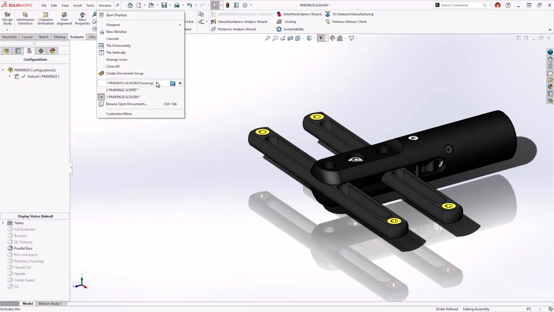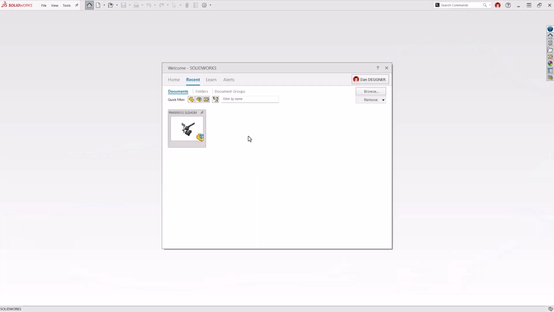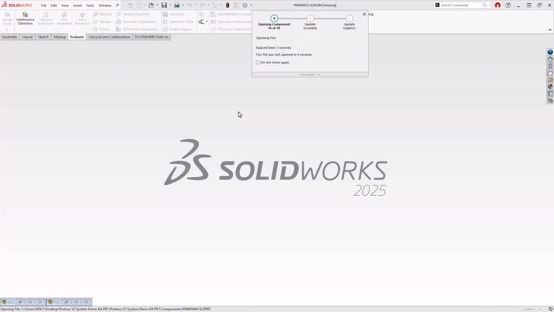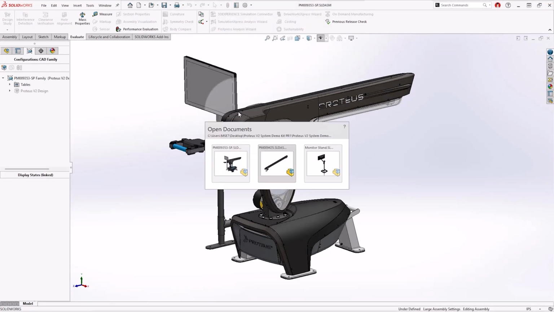Here we see a handful of open documents in this session of SOLIDWORKS. In 2025, users can now create document groups that recall all open documents during a given session. Let's close everything out and take a look at how this works when starting a new session. From the home screen or Recent Documents group, you'll see a new tab. The Documents group displays all previously saved groups, which makes for a very fast and efficient way to open multiple parts, assemblies and drawings with a single click. In this case, a series of assemblies are being loaded so I can continue working without having to locate and reload all of these recent files.